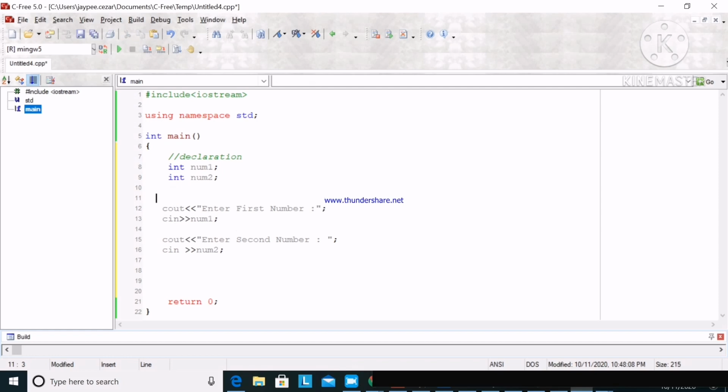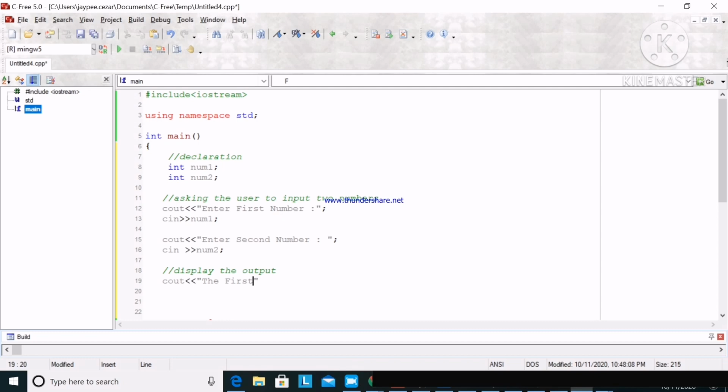Next here will be asking the user to input two numbers. So this is your guide only, but here again we display the output. I will put here cout,